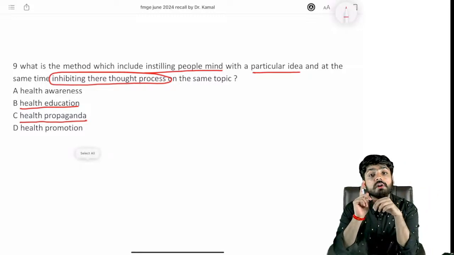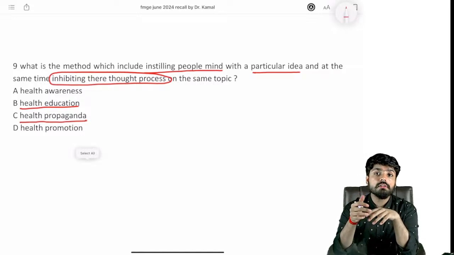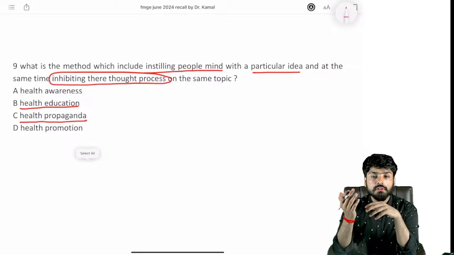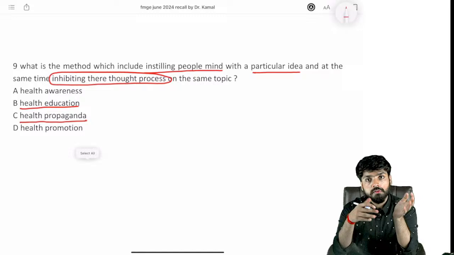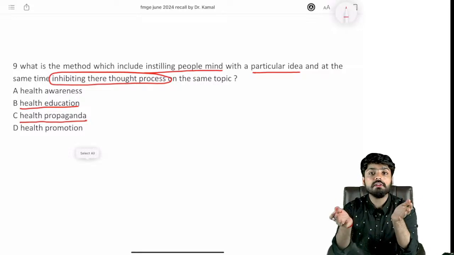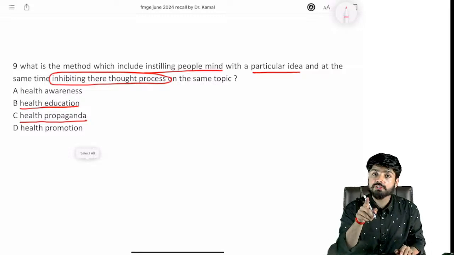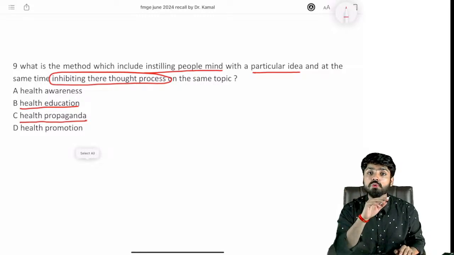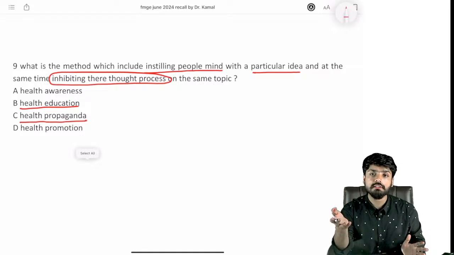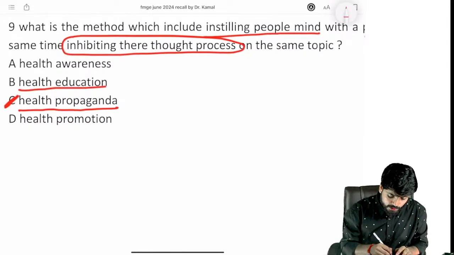Propaganda is always attacking the emotions. You are playing with the emotions of the person, and what you want is for the patient to have a reflexive response. Reflexive response is without thinking. Now the patient will take decisions without even thinking because someone told him to do so. So here the patient's emotion is taken care of, not the patient's knowledge. The patient has reflex actions and does not think before taking decisions, like in health matters. So health propaganda is the answer.